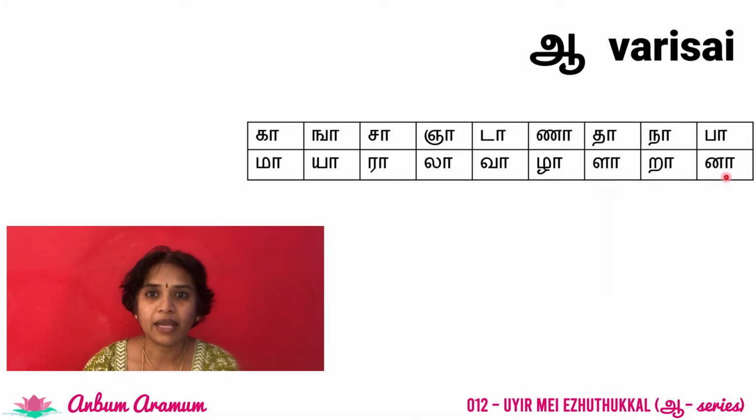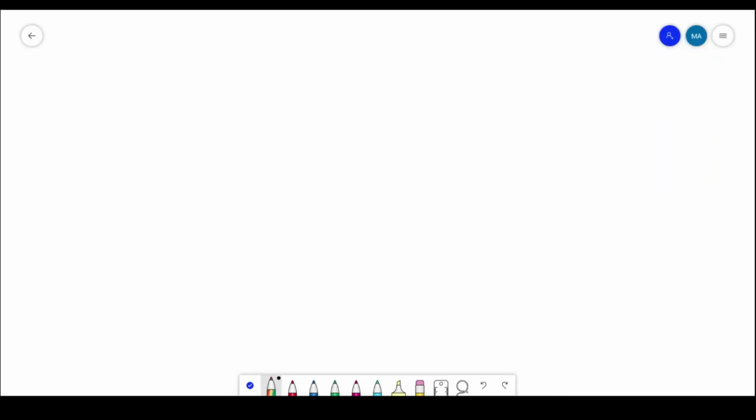Let's try to write this once. So we will start first with the kuril ka and then add the tunai ezhuthu. This is the kuril ka. For writing the tunai ezhuthu, we start with the standing line, sleeping line and a standing line. This is the nedil ka,